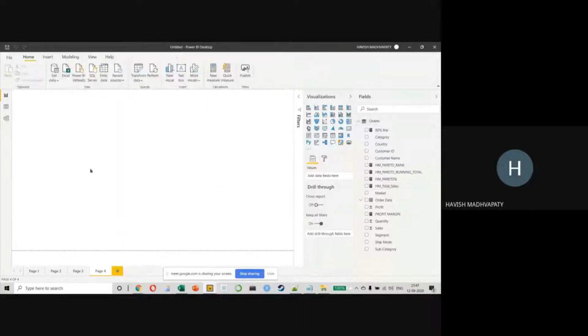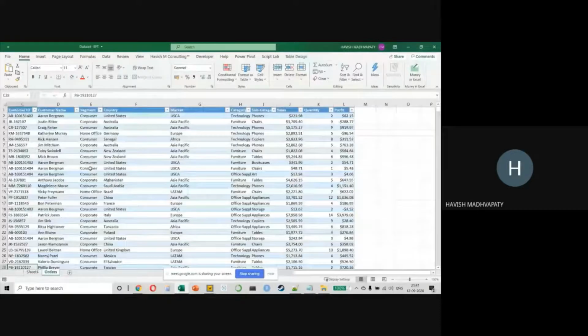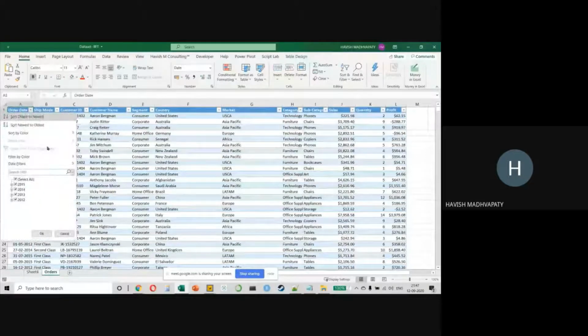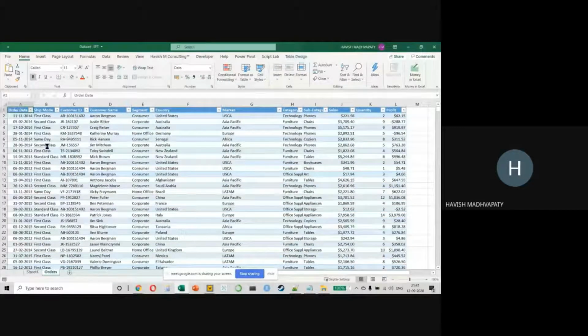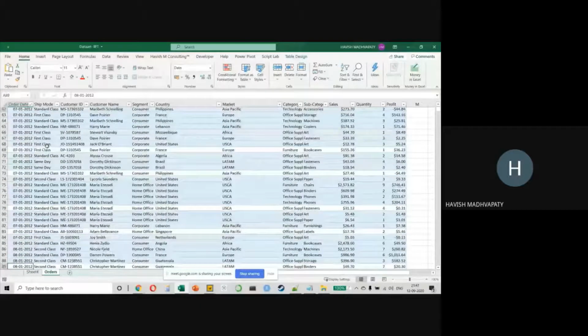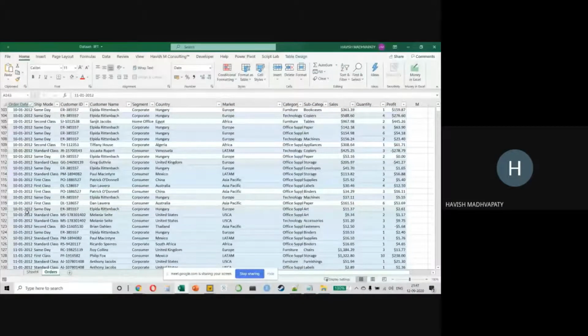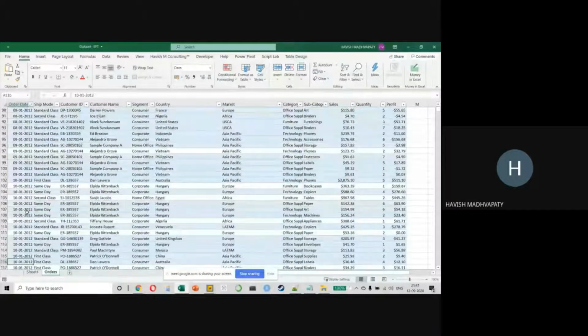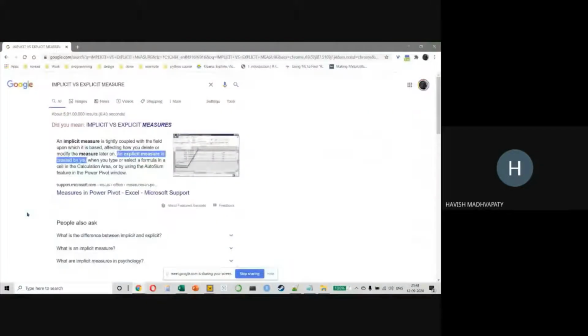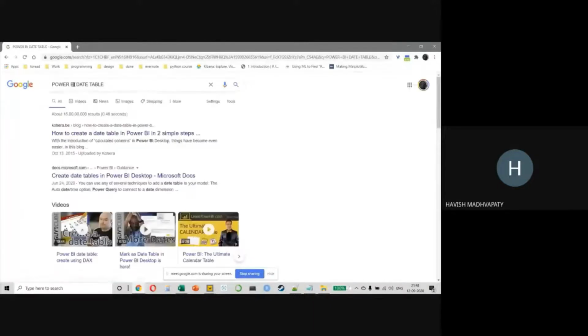That means that if I look at my Excel file, you will notice that if I sort the data chronologically, we have the first and the second and the third. And if I keep on scrolling down, there is a possibility that some dates are missing from here, correct? It's not necessary that a sale has happened on every date. And that will create a lot of problems when you use time intelligence functions. That is why we always say that the first thing you should do in Power BI before you start working is to create something called a date table.